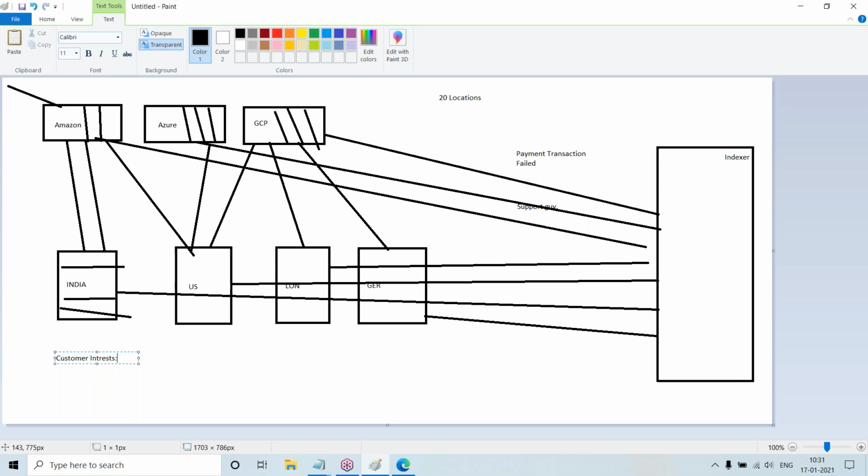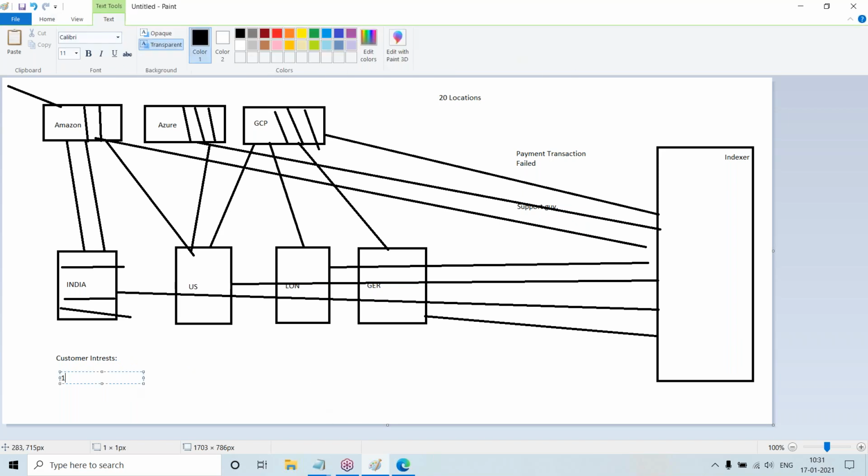Customer interest is something like whether the user is interested in mobiles, or smart watches, or clothing. So whenever you do an activity, an event will be triggered, a log will be generated, and that will be stored in Splunk. So now I have a user base, a base of customer needs. From this, I can extract useful information.